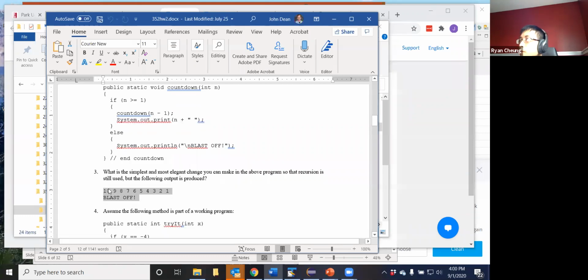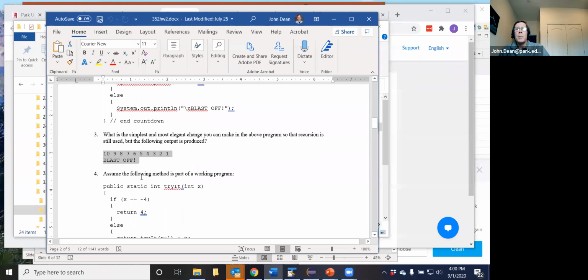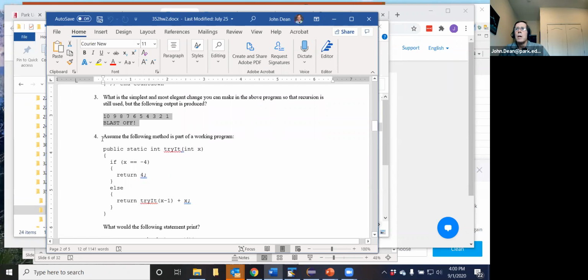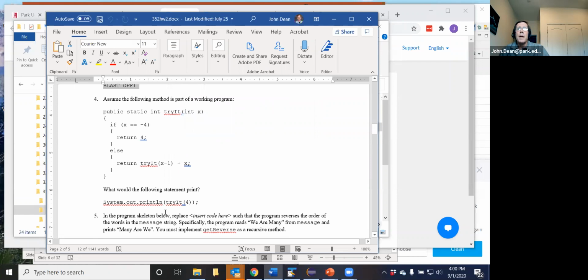Okay, so that's number 2, and then number 3 asks you to change something in the code so that you get this more standard output for a countdown. Feel free to stop me. I'm just going to skim through the exercises. And number 4, I give you some code, and then I ask you to, basically this is a trace also, except I'm telling you to tell me the output. Okay, so to get the output, once again, you could plug it into Eclipse and run the program, or IntelliJ,